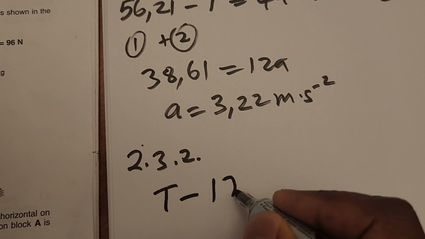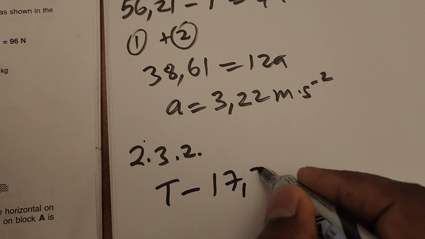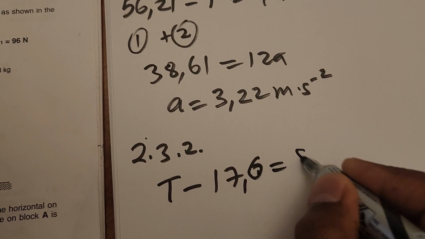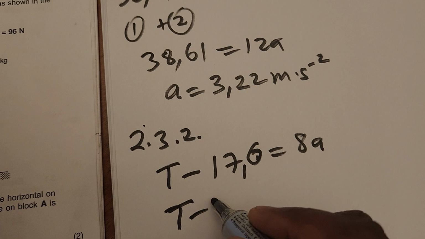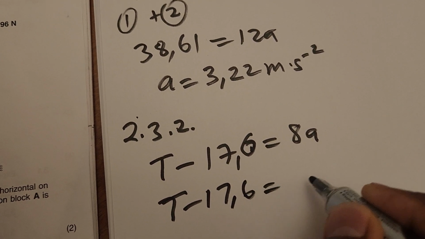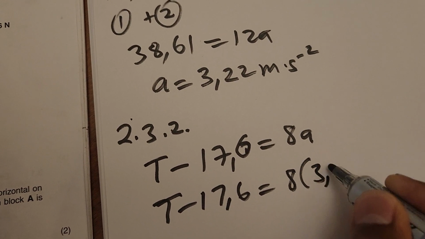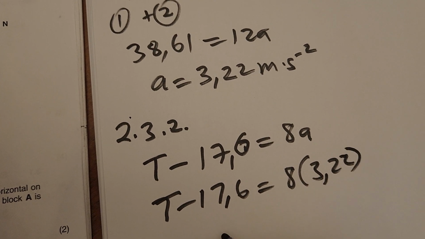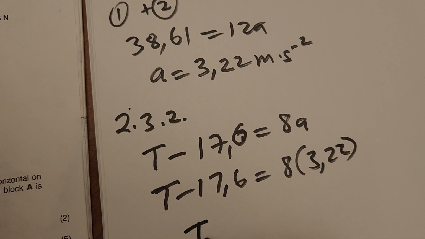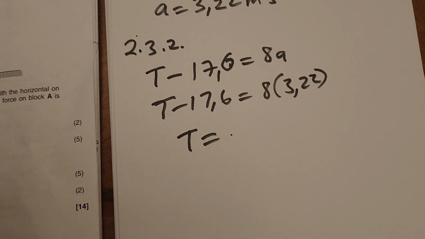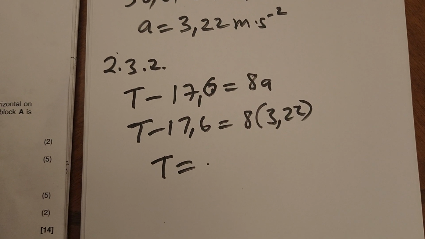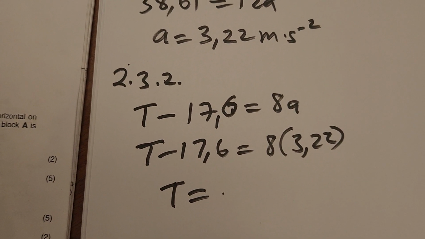T minus 17.6, if we use equation 2, equals 8A. Therefore T minus 17.6 equals 8 into 3.22. If you use your calculator very well, in this case you can tell that our tension should be